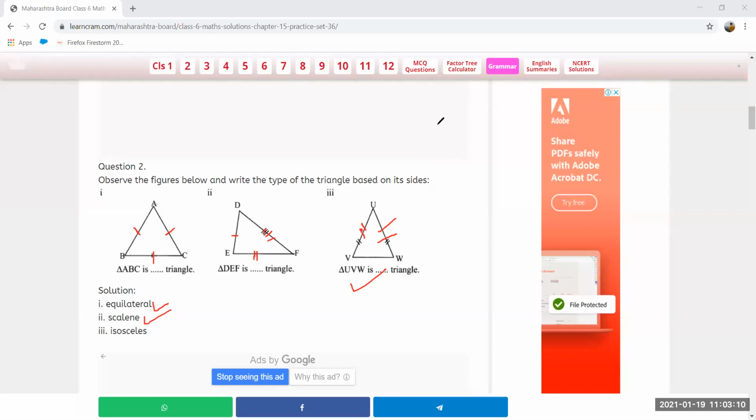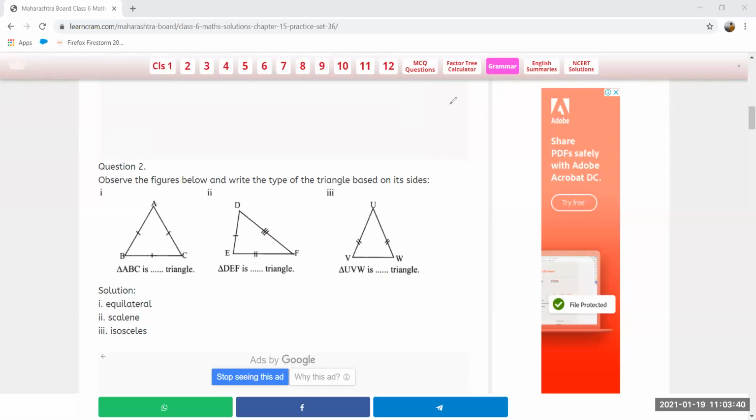Have you understood question 1 and question 2? Very good, Shreya. Very good, Vedant, Sudhanshu, Harsh, Shrishti. Very nice, Janvi. The students who pay attention properly, they understood the questions properly.